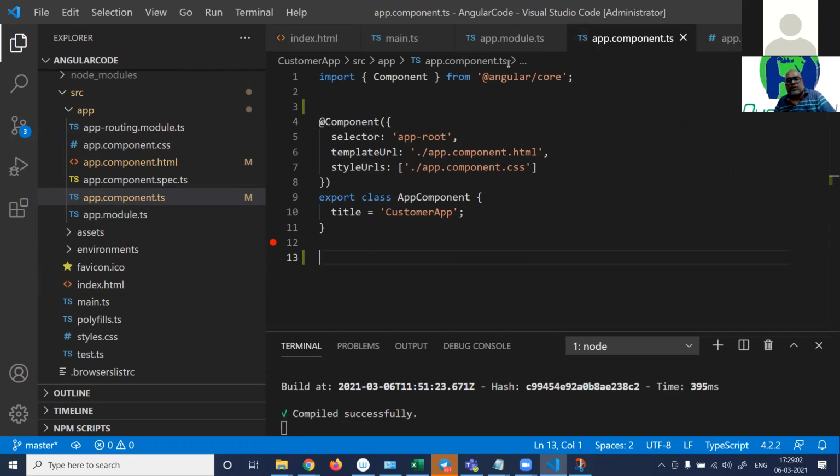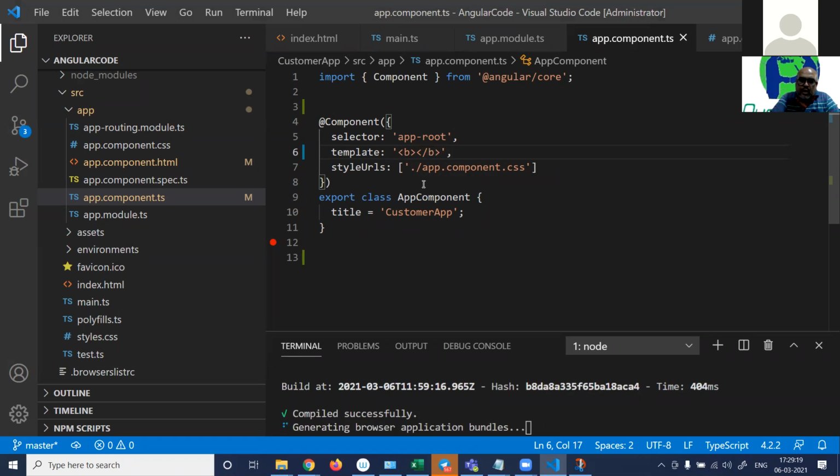Okay, so that's a good question from Krishna. You're saying that some people go and use only template, but that would be very difficult. Template means you can also do like this. You can say template, look at this, and you can say bold tag. You can write HTML in this. This is hi, this is hello.